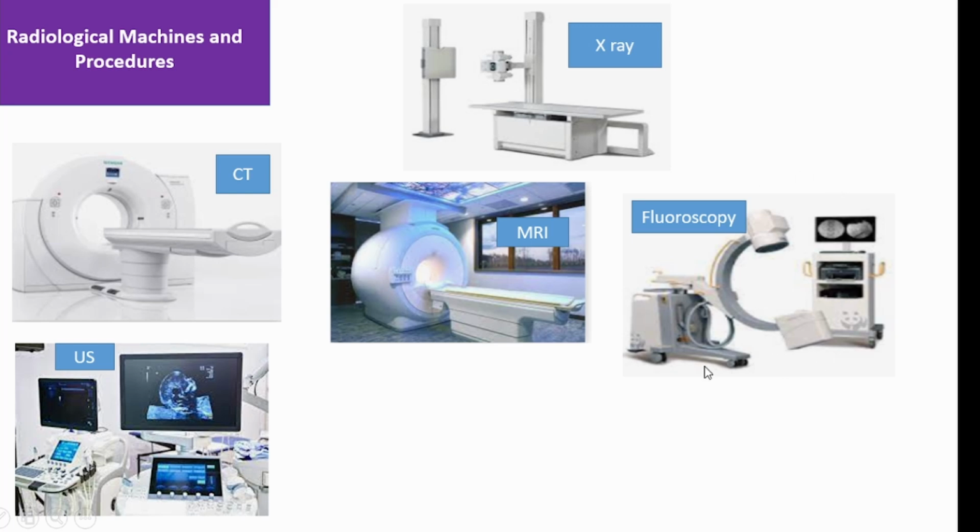So let us now come to non-radiation producing machines. This is an instance or an example. This is our very nice MRI machine. As you can see from the configuration, it's almost similar to a CT machine. However, the major difference between an MRI machine and a CT machine is this doesn't use X-ray. It uses very powerful magnets which are housed in here.